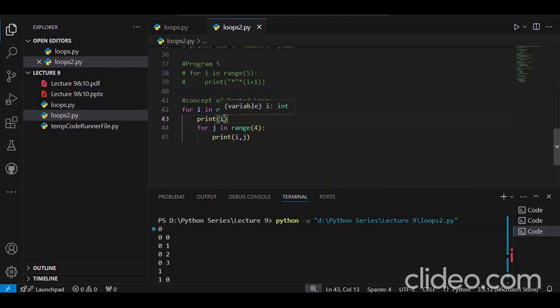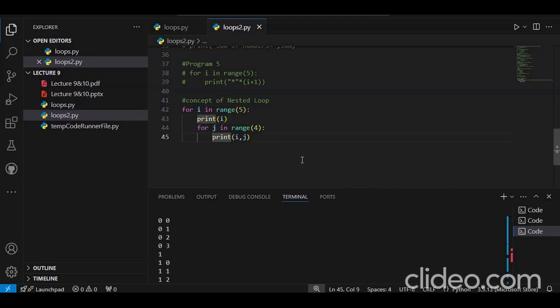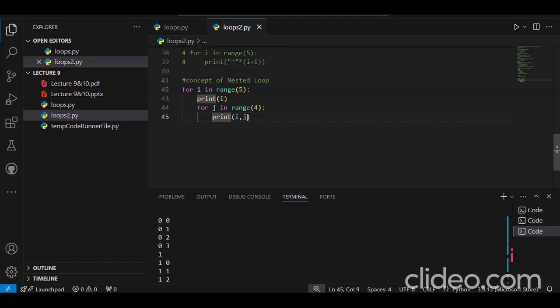value of i is incremented here. It will come out to be 1. Then you can see it comes under this nested loop. i comma j, what is the value of i now? It is 1, but the value of j is 0. So here it will print 1 comma 0, then 1 comma 1, 1 comma 2, 1 comma 3, and when the value of j reaches 4, it will get out of this loop and will come into the outer loop. So this is how a nested loop works